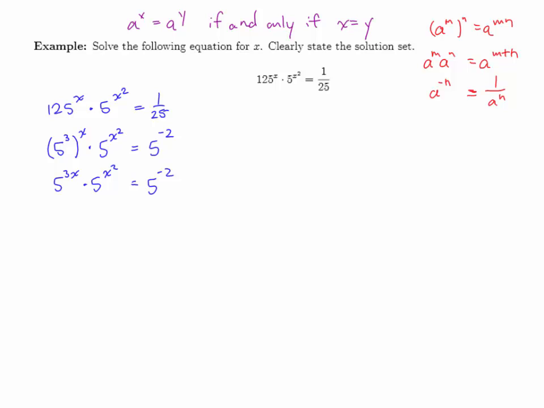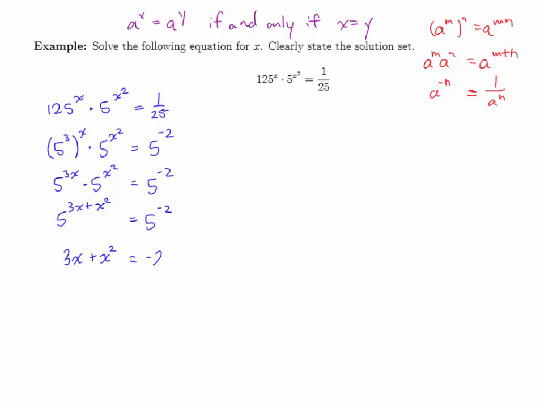All right, so continuing, this left-hand side should be 5 raised to the 3x plus x squared, and that's equal to 5 to the negative 2. Now at this point, we can use that key property we talked about. Each side has a base of 5. We're not yet going to use anything with logarithms, but if each side has base 5, then we know that what's in each of those exponents will be equivalent. So this equation here is equivalent to 3x plus x squared